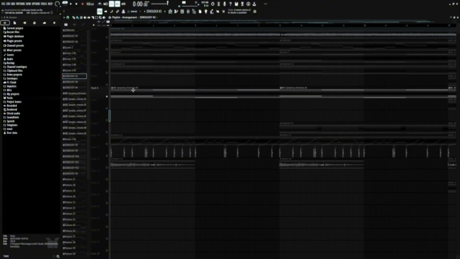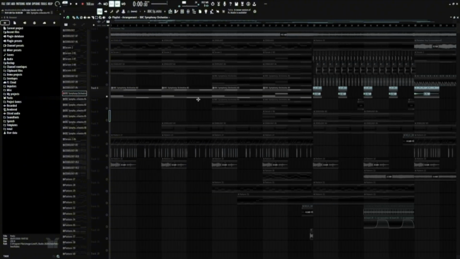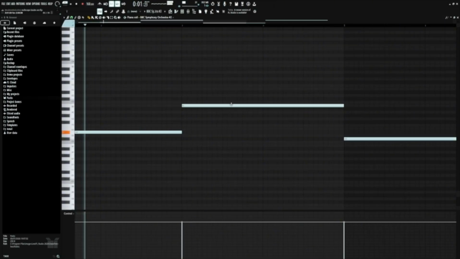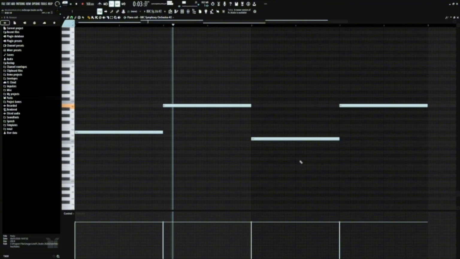Kind of goes like that. Then we have BBC Symphony Orchestra playing, just accompanying the bass, just a little bit.